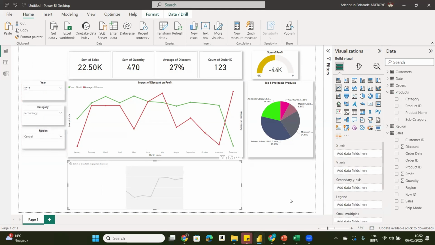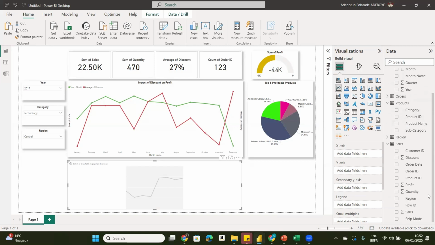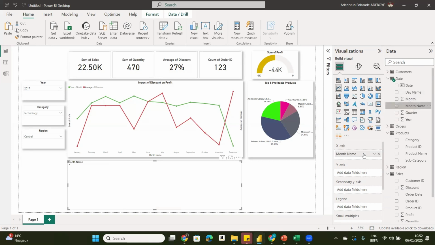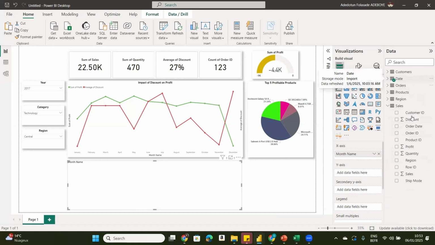Okay, so here is very simple. Once again, your line visual always needs a time series. It always needs a time series. So I'm just going to come here to the date table, and what we are going to do is move the month name, since we've already sorted it, to the x-axis, and our KPIs are on the sales table. So we are going to move our KPIs from the sales table. We're going to move sales,